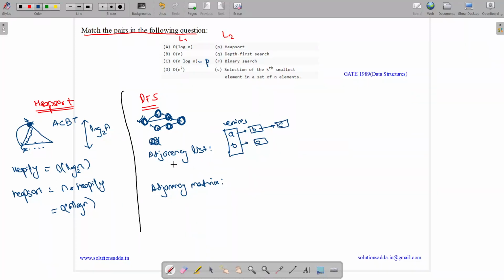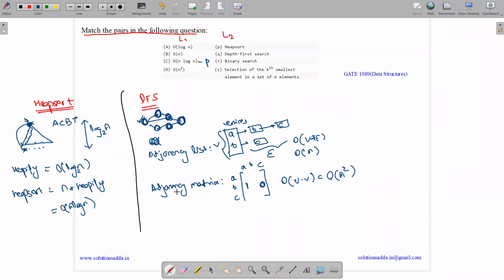So what is the complexity in adjacency list? We just need to scan this entire list and, as there are V vertices and E edges, in adjacency list the complexity is order of V plus E. We can assume it to be order of N, assuming we have a sparse graph. And in adjacency matrix, we have V rows and V columns. Let us suppose we have 3 vertices, then we have 3 rows and 3 columns. And suppose there is an edge between B and A, we will have entry as 1. And if there is no edge, we will have entry as 0. So its complexity will be order of V into V, which is equal to order of N square.